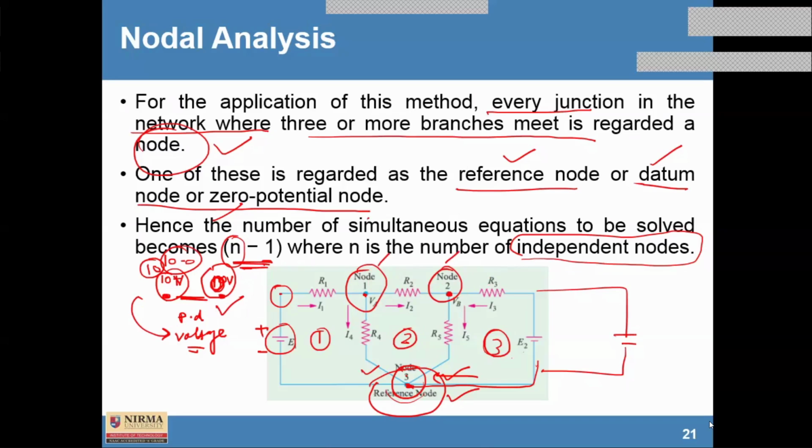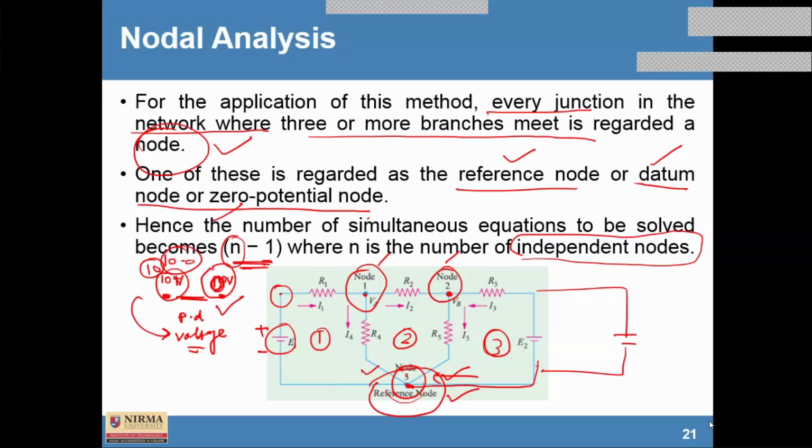In the case of mesh analysis, we applied KVL, and there we considered current multiplied by the resistances. Here we are going to write all these equations in the form of voltage, applying Kirchhoff's current law, because the current is flowing. That's fine, but there are certain resistors there. So please keep in mind that